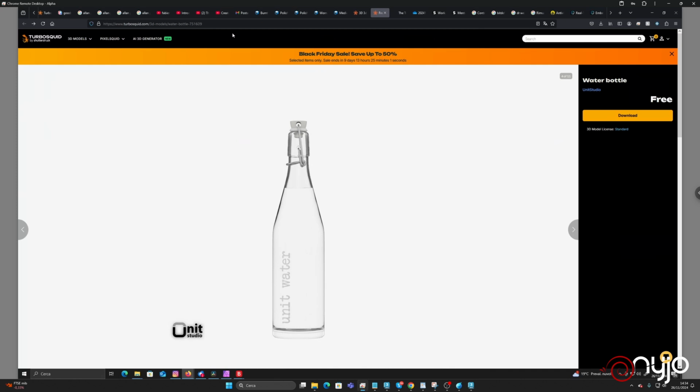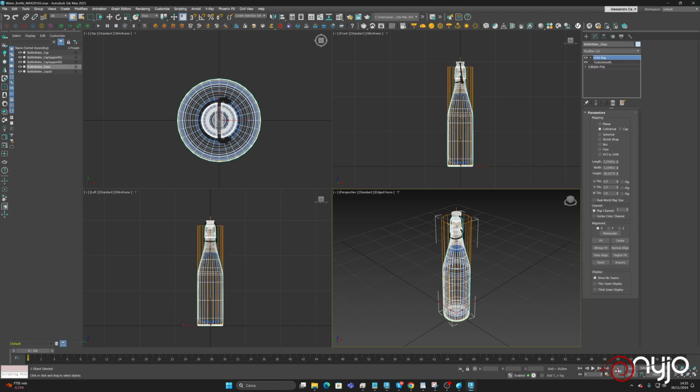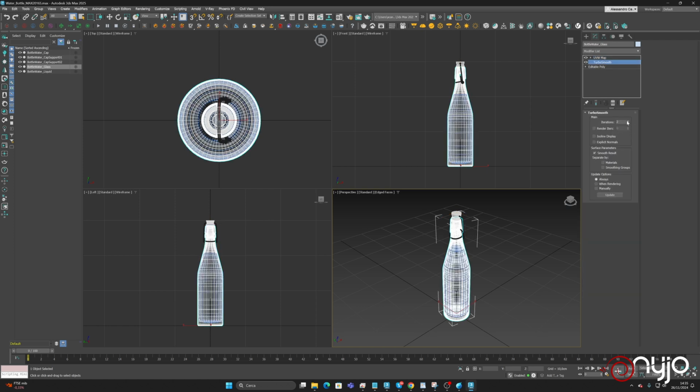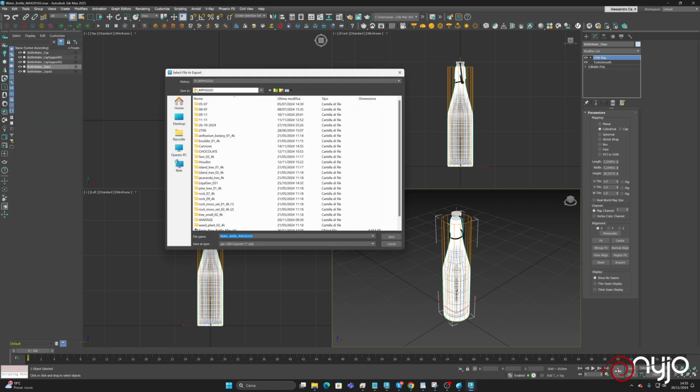You can download it in various file formats. There is also the OBJ and stuff like that. By the way, I picked the 3ds Max scene, so we have everything. And for example, that's the glass, so we can try to export this one. I try to have a deeper amount of polygons, and then I go to export this one in 3ds Max. You can directly pick the OBJ, and use Blender, Houdini, or whatever else, also Maya. It's not a problem. So export selected,